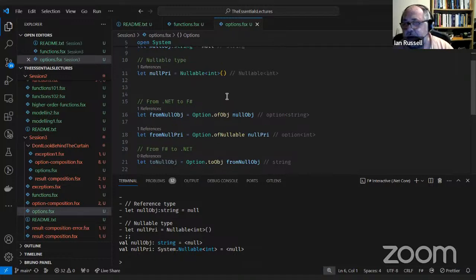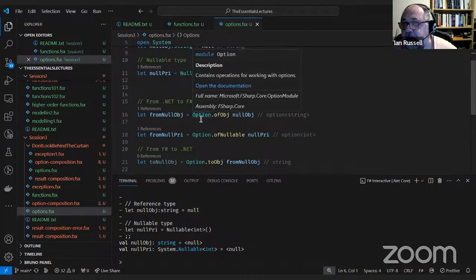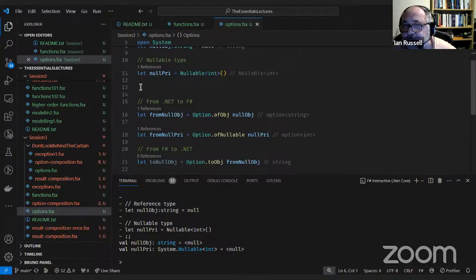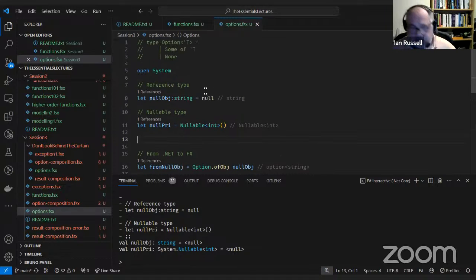And what we're going to use here is some functions from the .NET Core library, and this is using a module. Now, we haven't met modules yet, but a module is simply something that allows us to group things together. So if you remember back to the first session, I talked about how we can put functions onto types, but we tend not to.